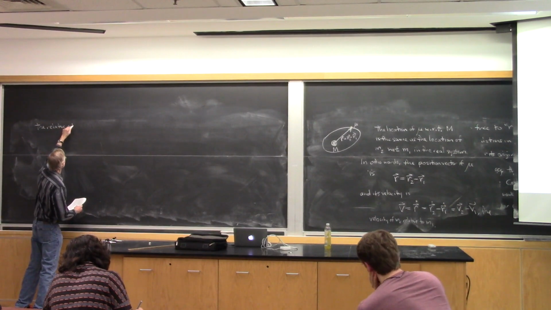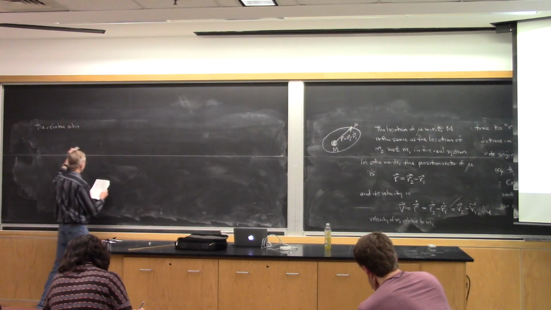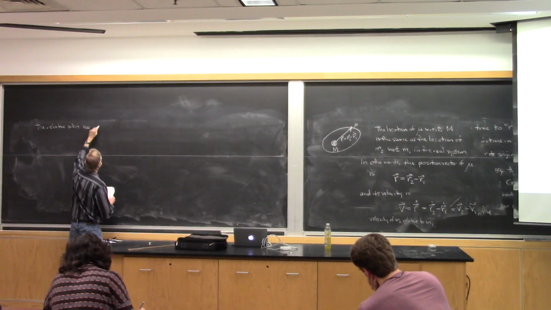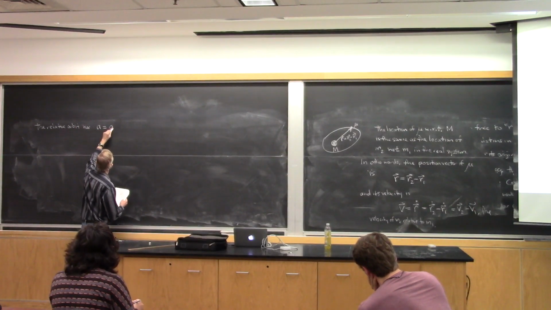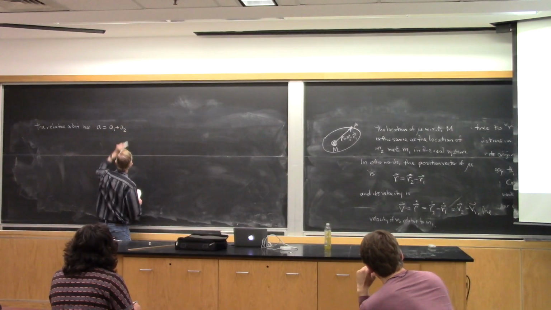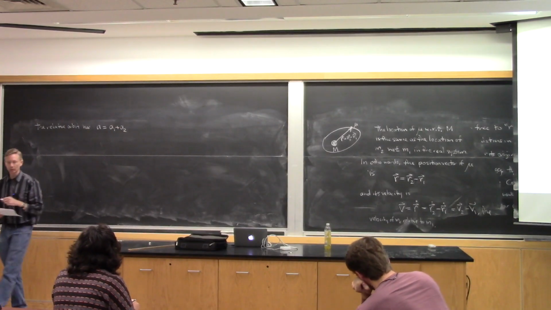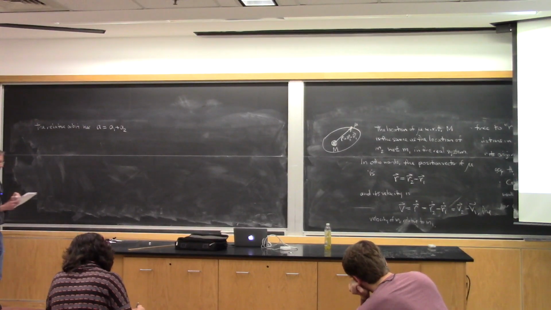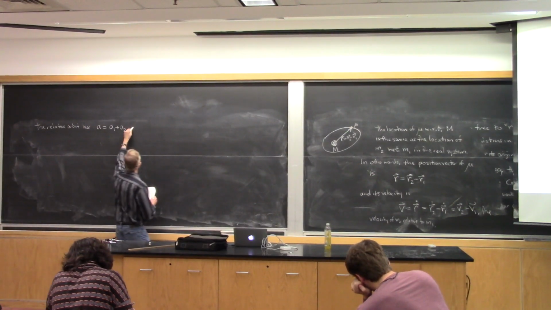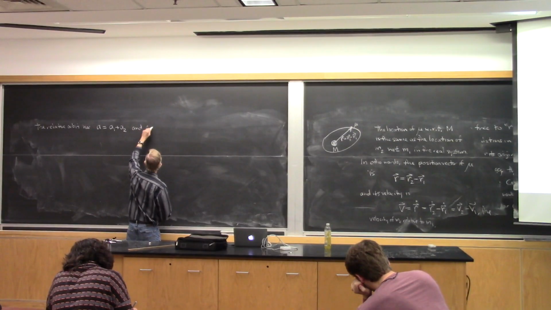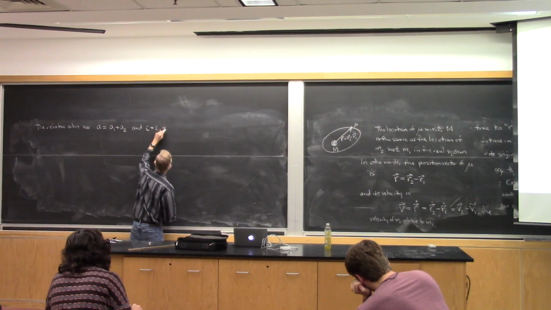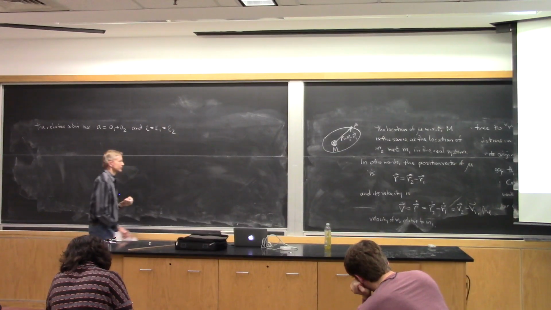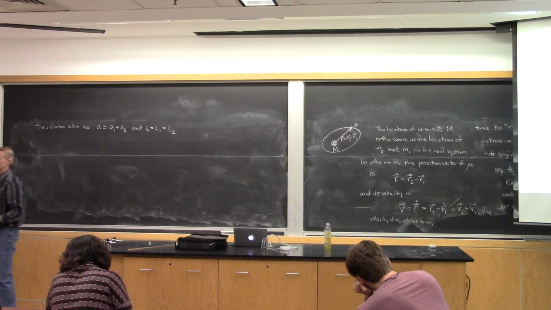The relative orbit has a semi-major axis equal to the sum of the semi-major axes of the two actual orbits. And as we had mentioned before, its eccentricity is the same as the eccentricity of the two actual orbits, because those are the same as one another, and the relative orbit has the same eccentricity as they do.